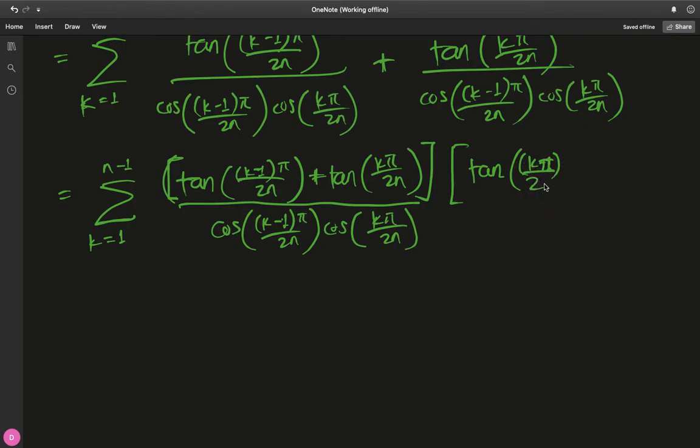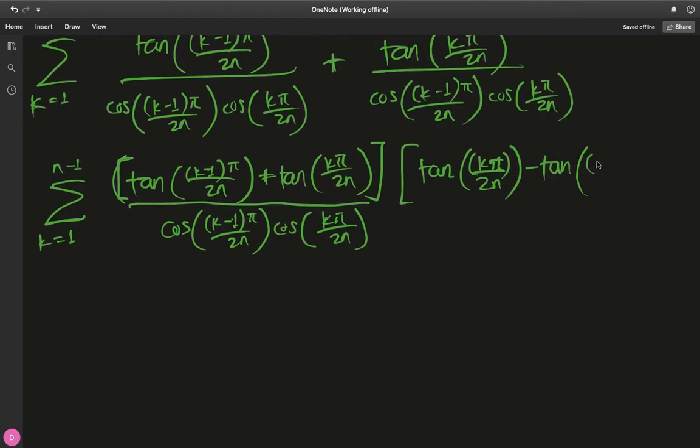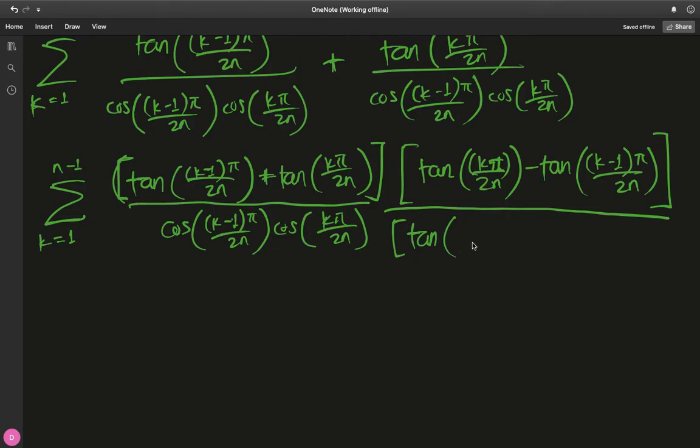And since we need to maintain equality, this tan of k pi over 2n minus tan of k minus 1 pi over 2n term wasn't there originally in our expression, so we also need to divide by it. It's essentially like multiplying by 1, because this ratio will go to 1,